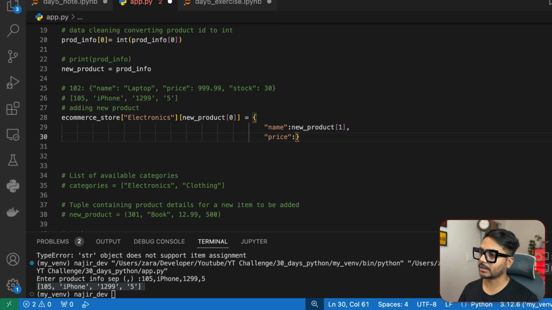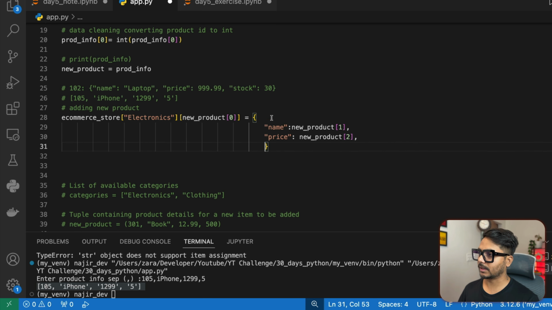So I would go ahead and say that it is entered by the users. Okay, new product of, it is called 2. So the price is like in third, so it's going to be 0 1 2. Okay, that's fine. Let's start again and let's put the third element, that's going to be stock. Okay, so the user is also going to enter something called stock. Oops, so I would just go ahead and say stock, and